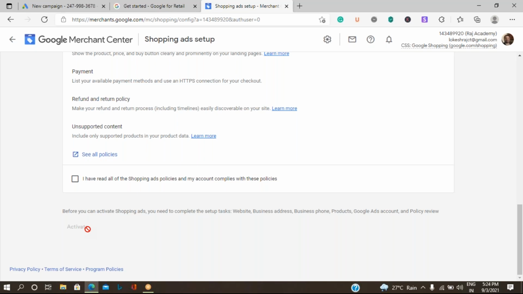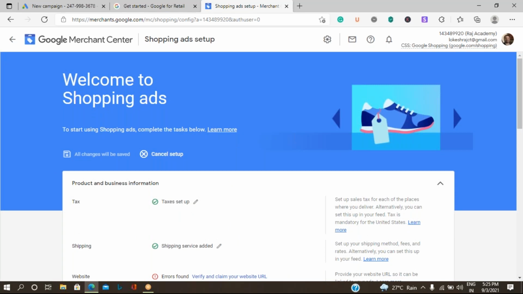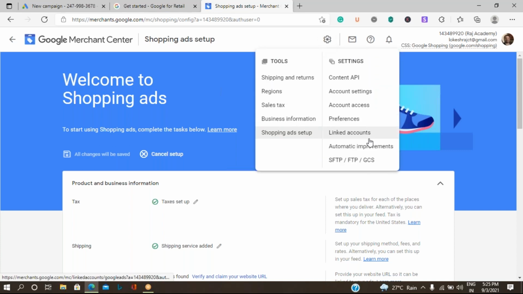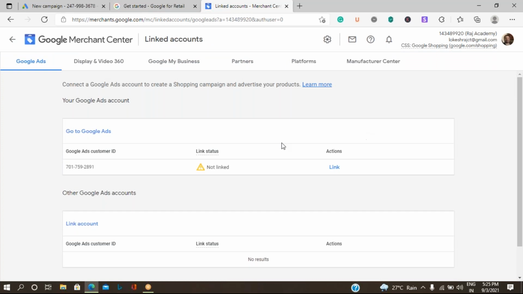Okay, so this is the Google Merchant Center account page. Even if you don't activate it, you can link it with your Google Ads account. That is by going to the settings option on the Google Merchant Center and clicking on linked accounts. Here it will show the list of all the Google Ads accounts you have linked with. If you have not linked, you are supposed to give the same link account